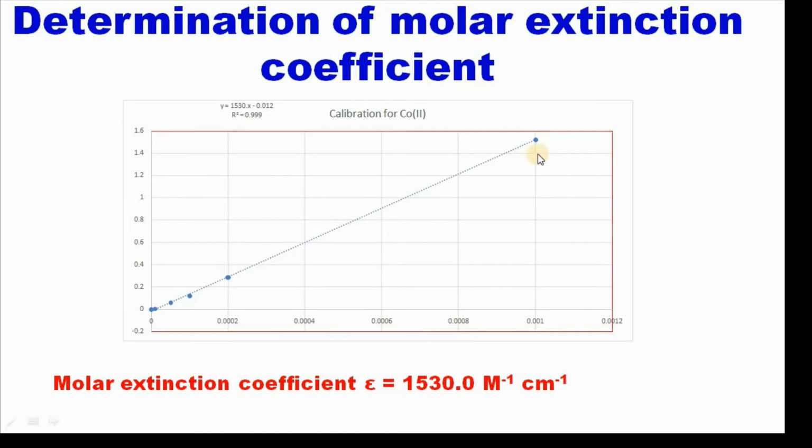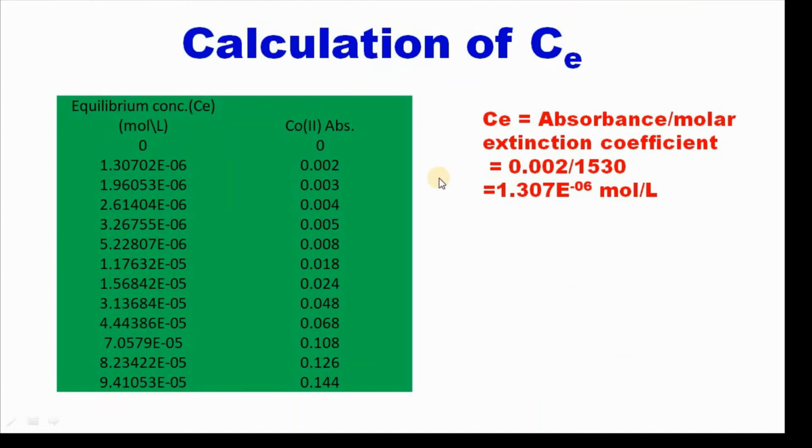Here I have shown the determination of molar extinction coefficient, which is 1530 for cobalt adsorption. Here I have shown using Excel graph. So after calculating this, we can measure the absorbance of the adsorption solution. So for example, cobalt absorbance for different concentration solution, then we can easily calculate